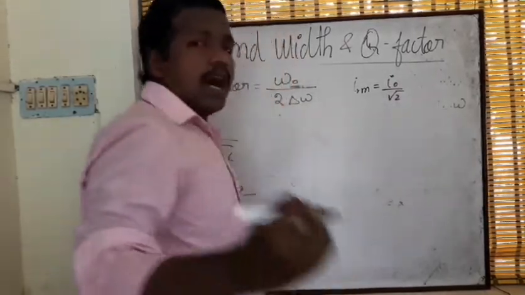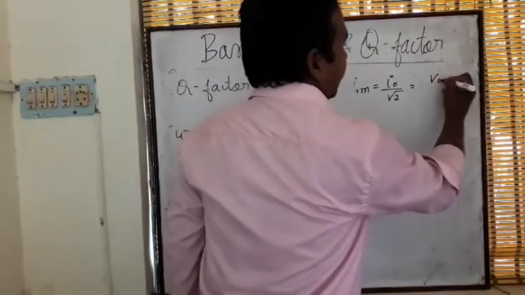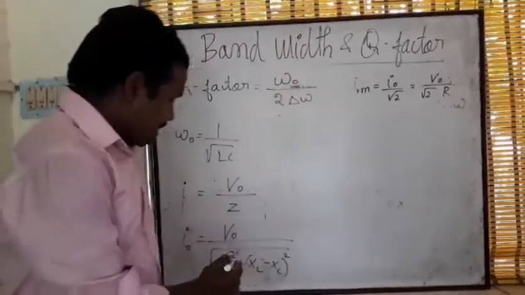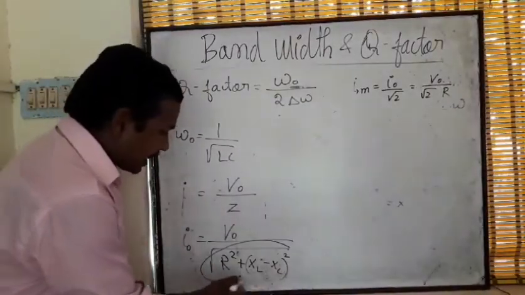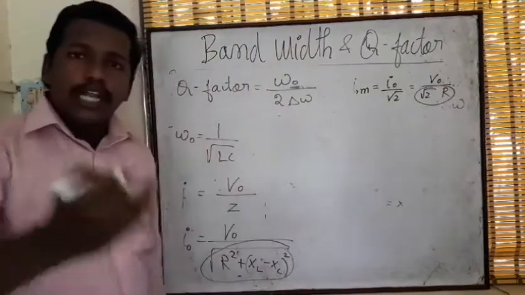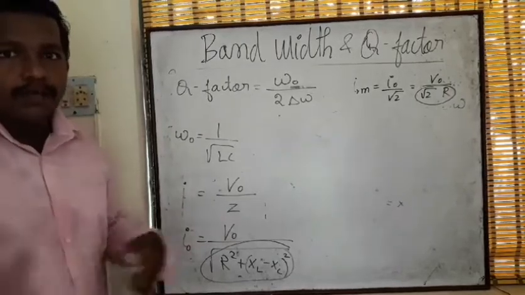According to Ohm's law, I naught is equal to V naught by R. So that means V naught divided by root 2 times R. So this whole thing is going to represent a resistance R. This also is going to represent a resistance R. So both are going to represent the resistance. Its SI unit will be ohms. Okay, both the values will be in ohms.